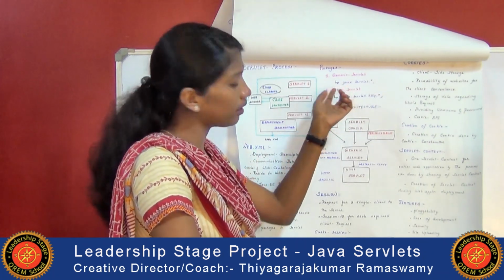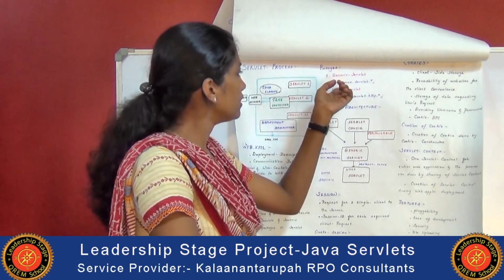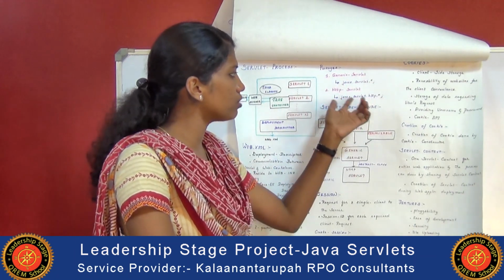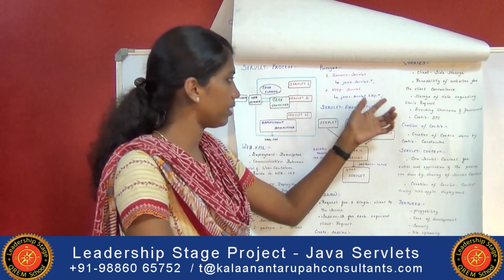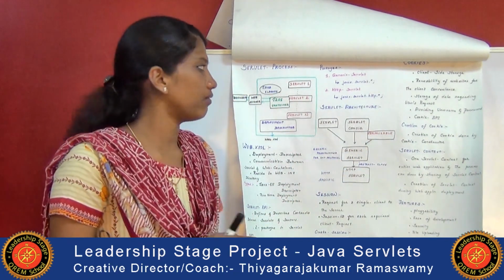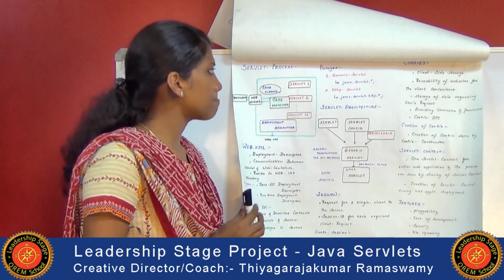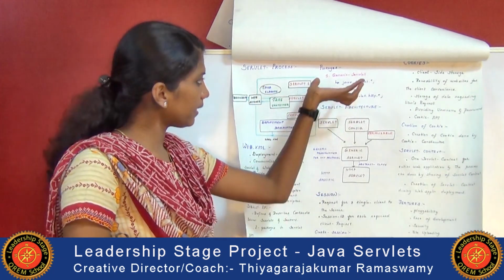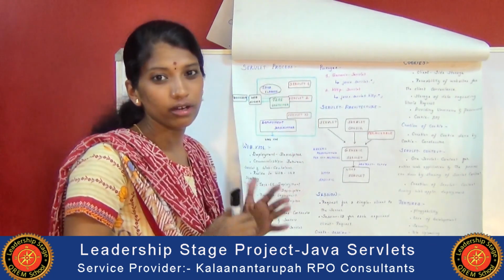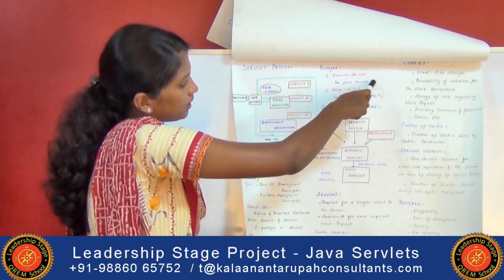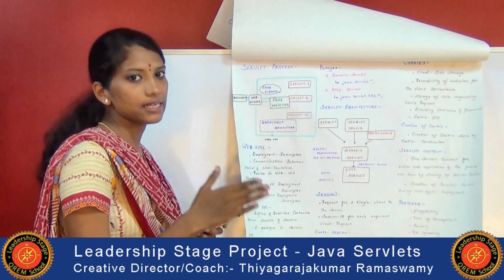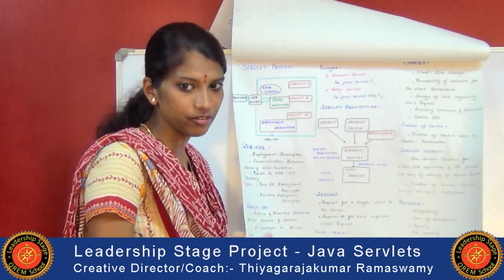Generic servlet can be implemented by using the abstract class in javax.servlet.*, and HTTP servlet can be implemented by using javax.servlet.http. HTTP servlet extends and inherits the properties of generic servlet. We have a number of classes and interfaces in both generic servlet and HTTP servlet. First we are going to see the classes and interfaces present in generic servlet.